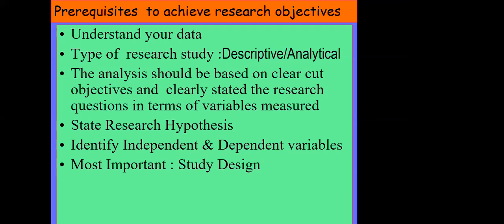As a researcher, if you are not very clear, others can't help you. Suppose you take the help of a statistician, they don't bother about what your research was. They think, okay, one variable is there, another variable is there, run either a chi-square test or student t-test. Whether the paired test is appropriate, or the chi-square test is appropriate, or parametric tests are appropriate or not, they don't think.